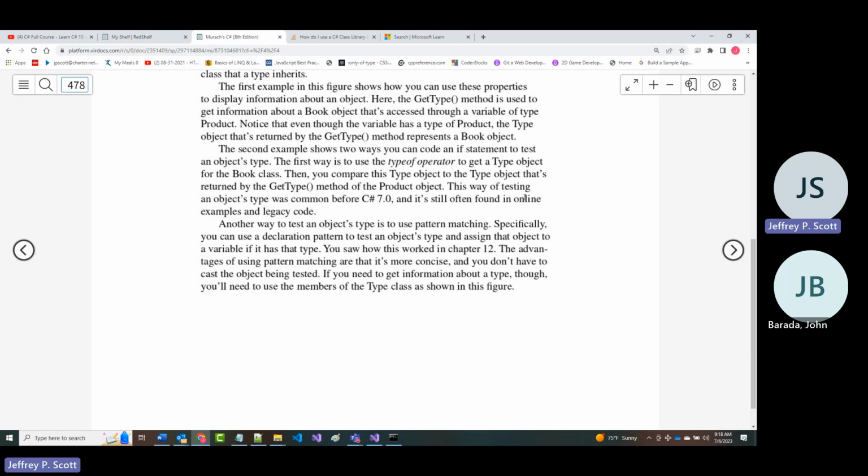It says notice that even though the variable has a type of product, the type object that's returned represents a book. The second example shows two ways to code an if statement to check for the type. All right. As you know, as software becomes more and more mature, you typically are given more and more ways of doing the same thing.